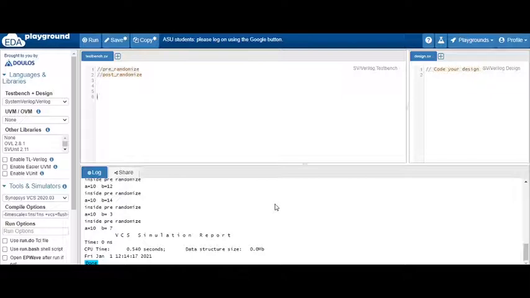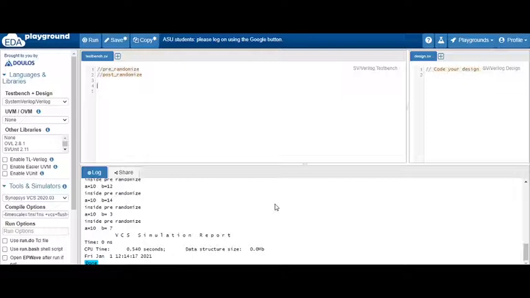Suppose you don't want to randomly assign values to a variable, so you can disable it using the pre-randomize method. We can see how you can do that. And using the post-randomize method, after your randomization is finished, you can change the randomized values, and you can also use it for displaying. There are more use cases for this. Let's discuss this further while coding.